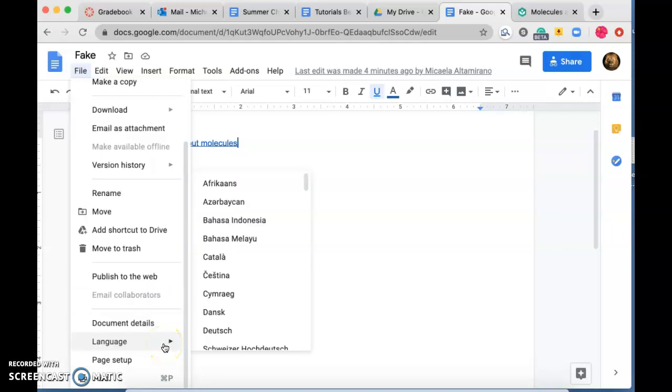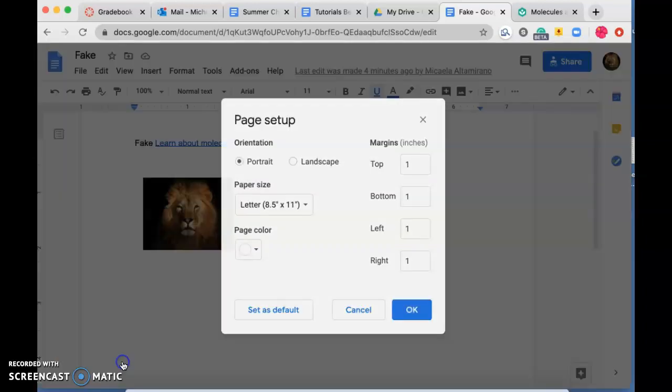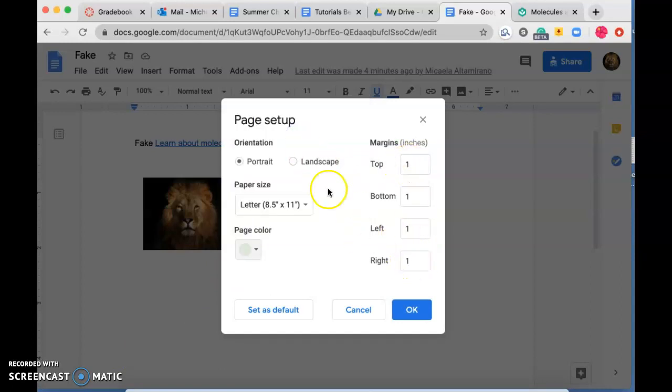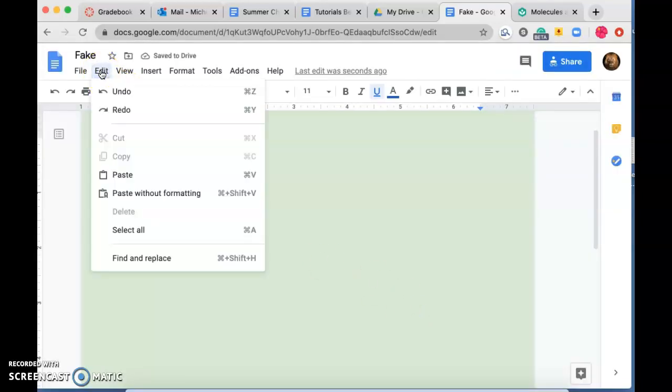You can choose a language. Page setup is very cool, and there's a print option. In Page setup, you can see right here, you can change the page color to anything that you'd like, change your margins, and change it from portrait to landscape as well. Your edit options,